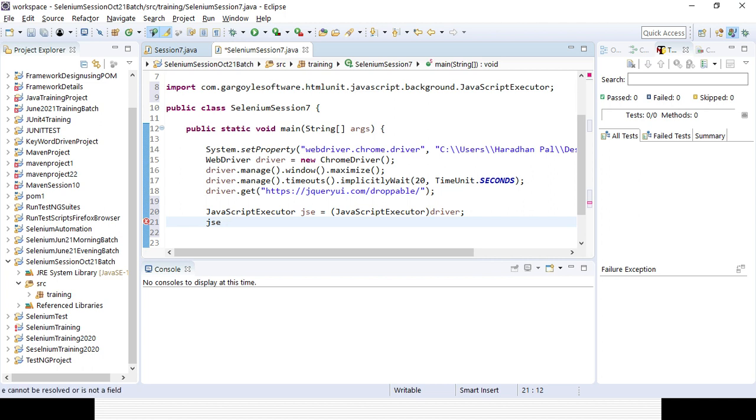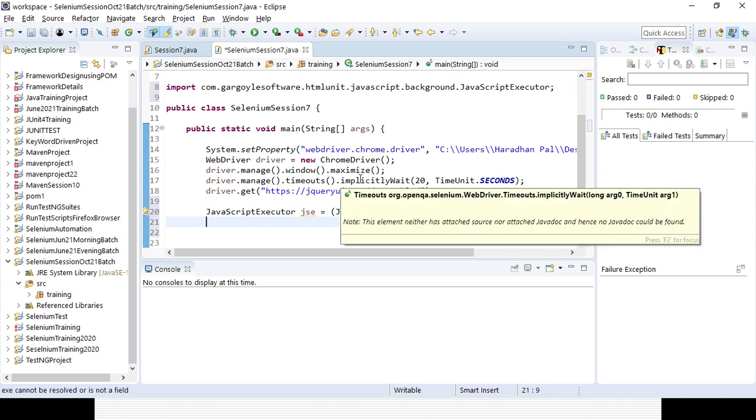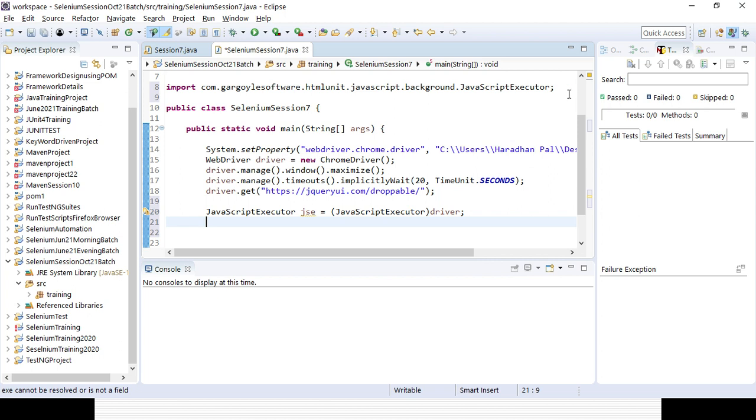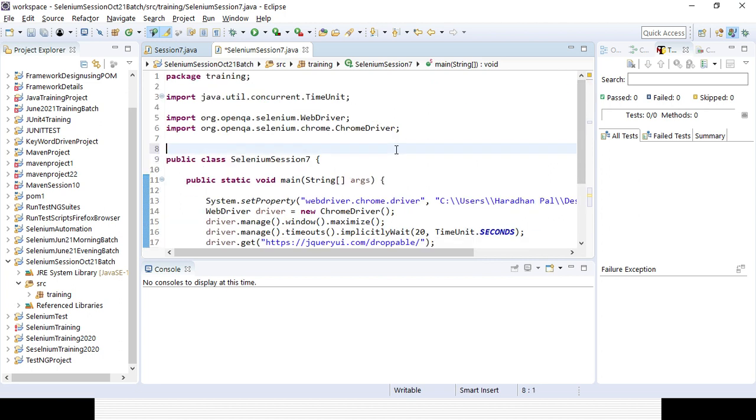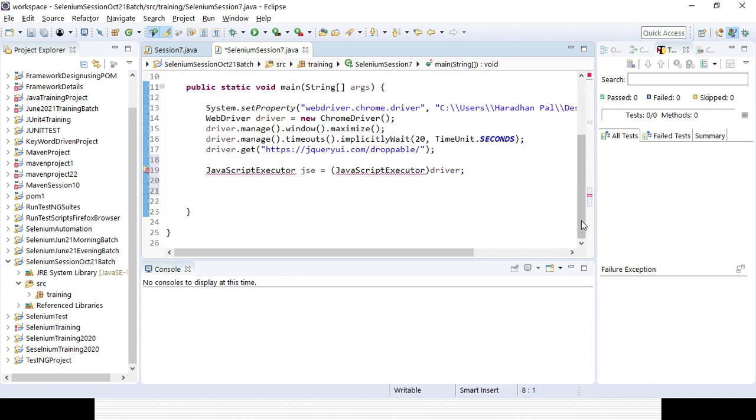JSE dot execute script. Why is it not coming? JavaScript executor, right? Let me check that one. No, that is wrong. Import has been done, but I need to import the correct one. That is the reason it is not showing.